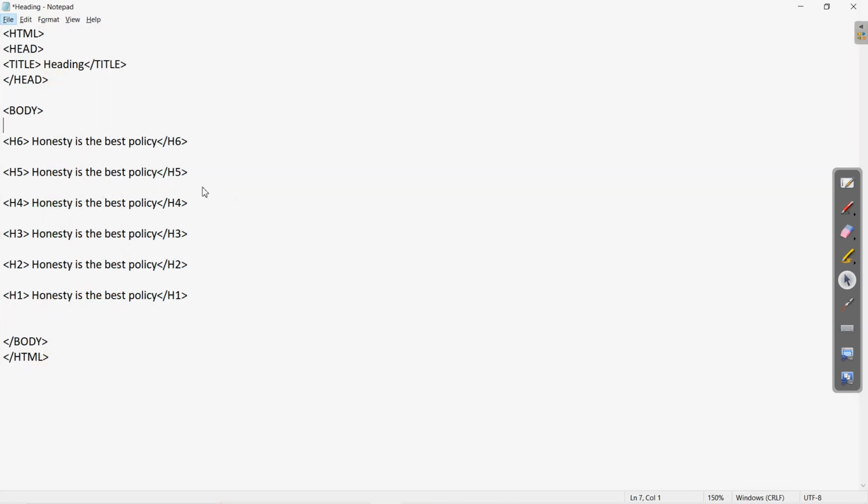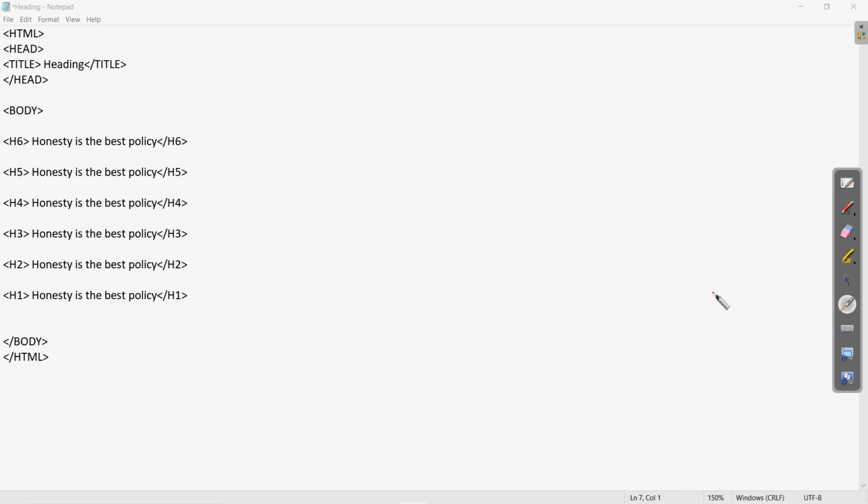Here we have written all of the 6 different heading levels. You can see H6 is starting, H1 is the largest heading size, and H6 is the smallest. Clear? All of the remaining tags are the same, like the heading tag here, whatever title we want is written, and these heading tags are written inside the body tag.